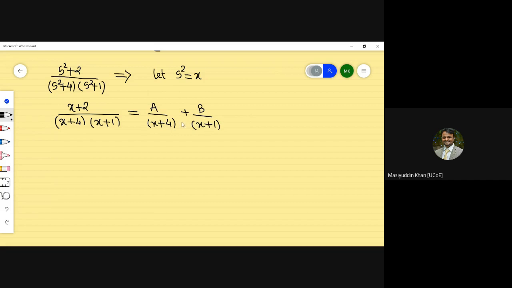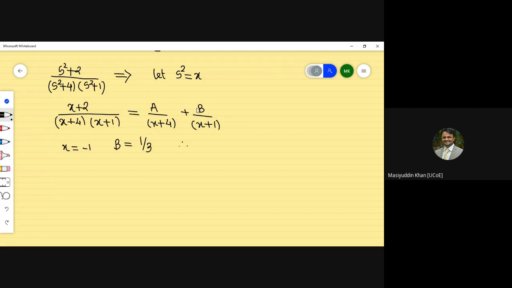So we have to make a as 0. If I substitute x equal to -1, -1 plus 1 will be 0. So 0 into anything will be 0. I'm just applying directly here. If not understood, then let me know. Otherwise we will solve it fully. -1 plus 4 will be 3, so 3 into b, that is 3b. And -1 plus 2 will be 1. So b is equal to 1 by 3. Hope I'm clear with this part.